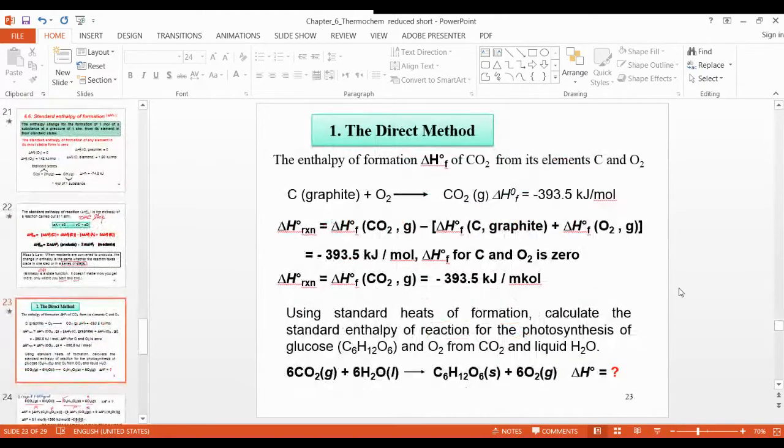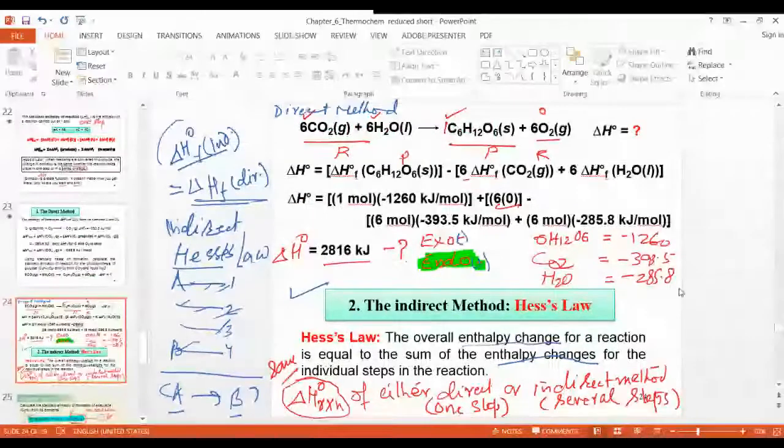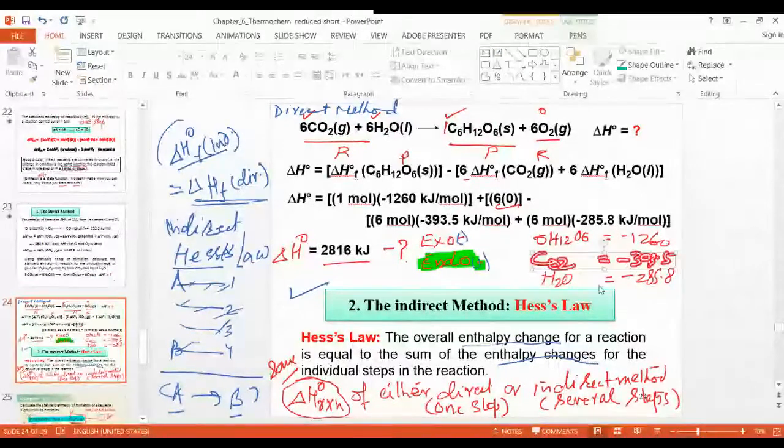So this is all about this one. See, the direct method and indirect method. Direct method is the summation of product minus the summation of reactant, multiplied by the number of moles. On the left hand side, you just add up all, and the values are given in the exam, in the question. Just put those in, and if values are not given, suppose the oxygen, you should know that that is 0, so you keep it 0 in the reaction. In this way you calculate it.